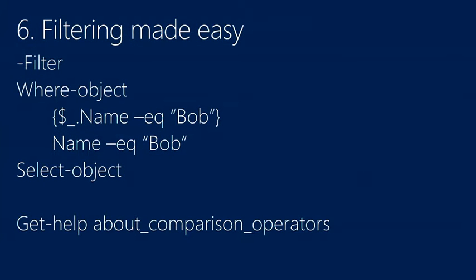Step number 6. PowerShell Minute. Filtering is your friend. Now, a couple things on filtering. One, filtering made easy. A lot of the get commands, remember PowerShell noun-verb? Get user, get service, get process, get DNS server forward lookup zone, whatever it is. A lot of them, but not all, have a built-in filter switch.